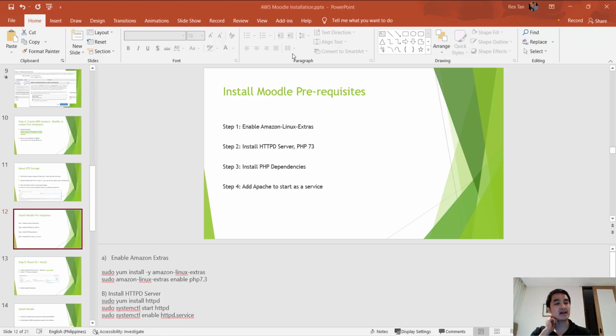So welcome back. Now we have all of the S3 mounted. Now what we're going to do is the fourth part: we're going to install the prerequisites just to make sure that all the PHP stuff is there. And then after that, we're going to add it to Route 53 and go ahead with the install. Okay, so first